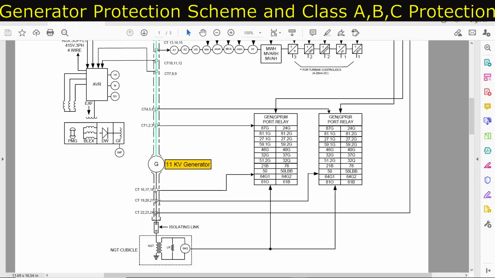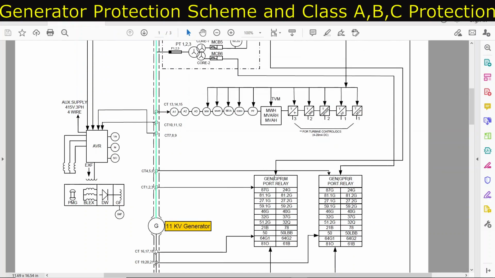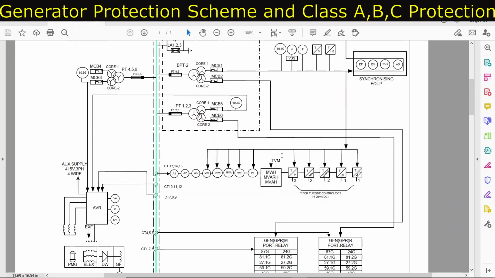You can see also here these two CTs are being used. Actually, these are the two CTs, but 1, 2, 3, R, Y, B CTs are used for the relay, and we have 64G rotor earth fault protection. The input is also going inside the relay. This is the SLD that I'm showing.